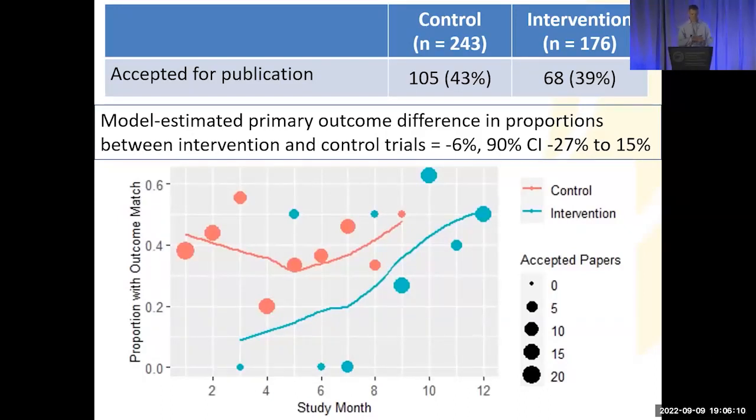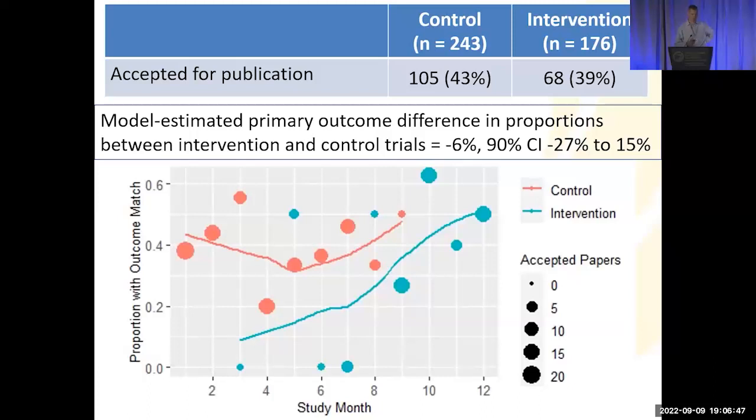So study month is along the x-axis, and the proportion of published trials meeting our primary outcome is along the y-axis. I do want to note, if you look at the green trend line reflecting the data from the intervention condition manuscripts, it looks like that's trending upward over time. Really, what that reflects is there were just very few intervention condition manuscripts during the first couple of months of the study. And really what this shows is no evidence that the intervention worked to improve fidelity between